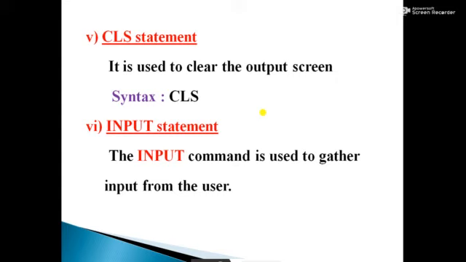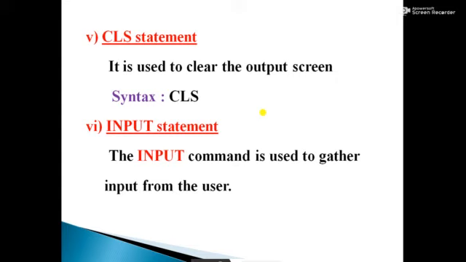The next one is the input statement. Up to this point, we just assigned values directly to the variables. We did not read any value into a variable using the keyboard. So the input statement is used to gather input from the user.